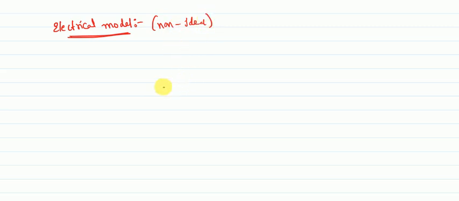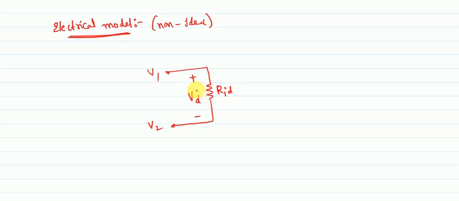So now let us see the electrical model. First we will write the electrical model for the non-ideal case. From that we can get the ideal case condition also. Between V1 and V2 there is an input impedance of RID, and the potential across this is the differential voltage VD,